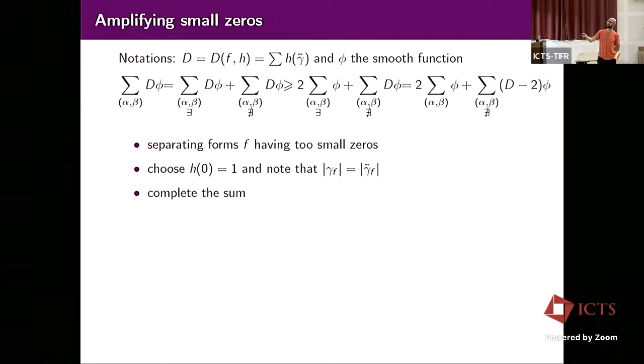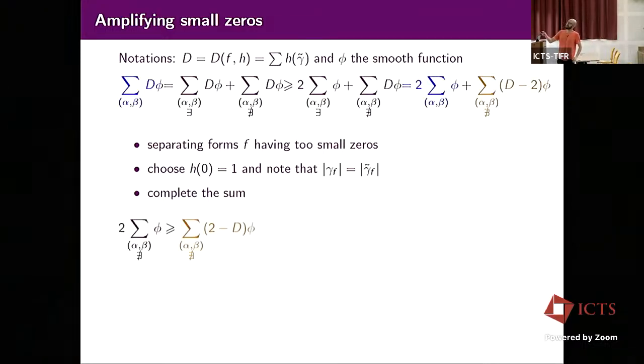So I can just complete the sum here by adding those that don't exist and removing them here. I don't do anything specific. And now D, remember that D is the sum of that function. And my test function, I can take something positive, basically the Fejér kernel. I will take something positive, so I can just bound from above that 2 minus D by 2.